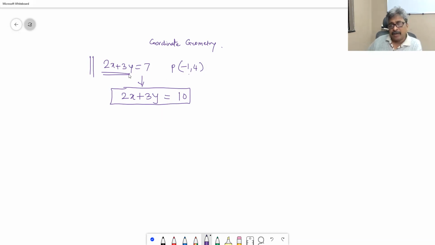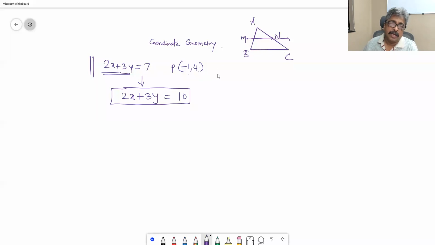Now, we can have several problems like this, and this is going to be very, very important. Suppose tomorrow I give you triangle ABC, where M is a midpoint of AB and N is a midpoint of AC, and I ask you to find the equation of MN. Then you need to find only one midpoint, and you can use the slope of BC, because we know MN is going to be parallel to it. Okay, so this is going to be a very, very useful technique and you should master it: given a line, find the required line passing through a given point.